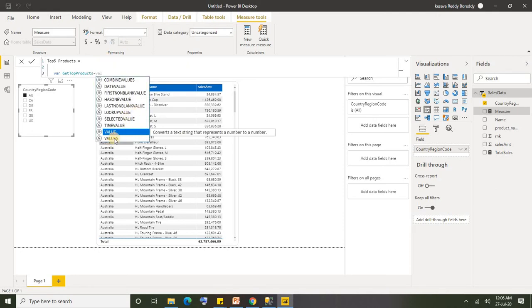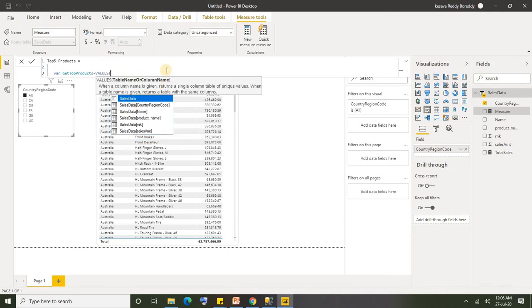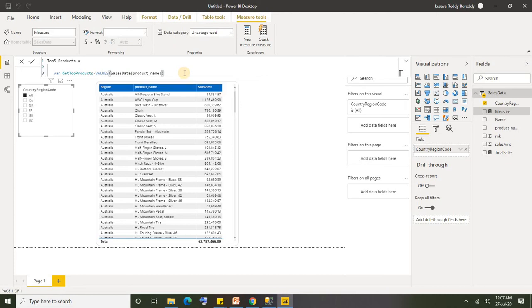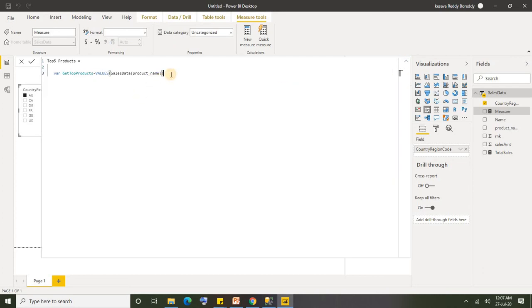I'm going to use the VALUES function here because I want to get unique product names from the sales data table. VALUES is the function which will fetch unique values from the given column. Now I'm going to say RETURN.